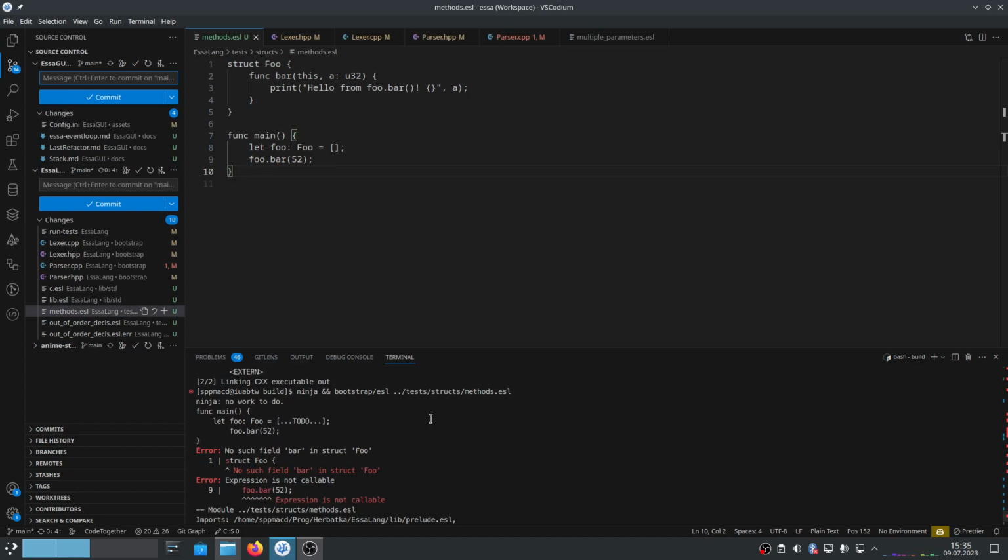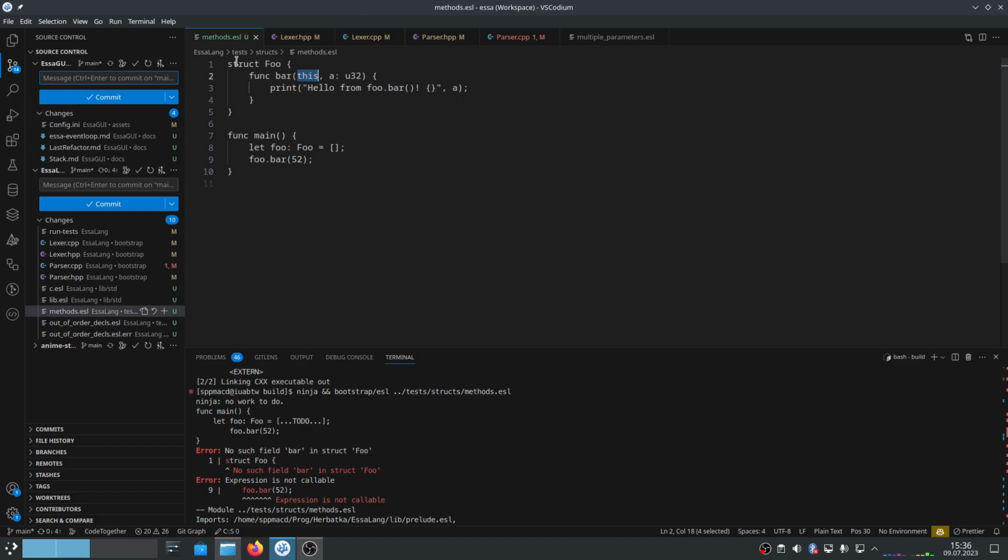And then if we encounter a function in a method in a struct, we need to add it to the global scope, but with this parameter. And also we need to have this as an argument here when type checking